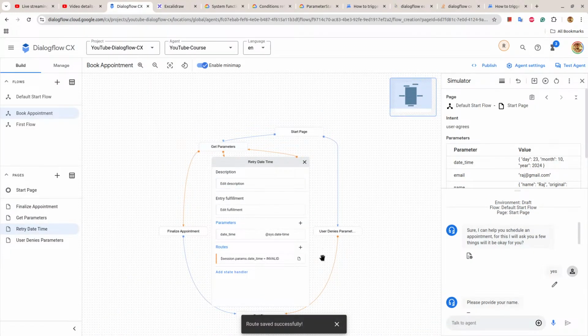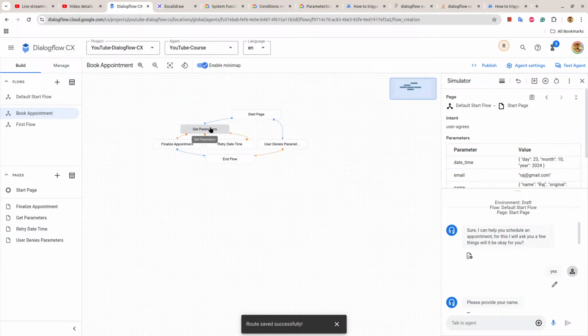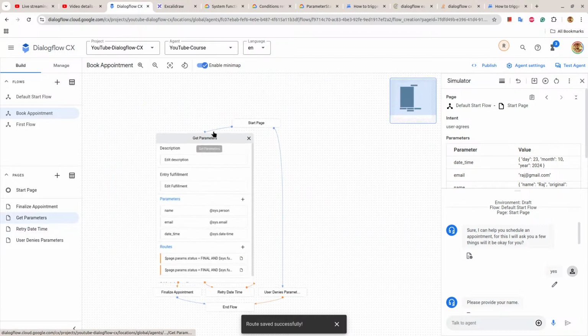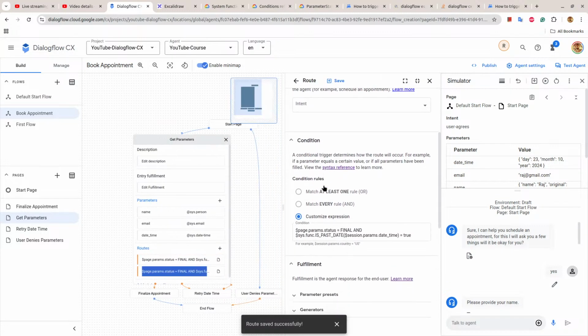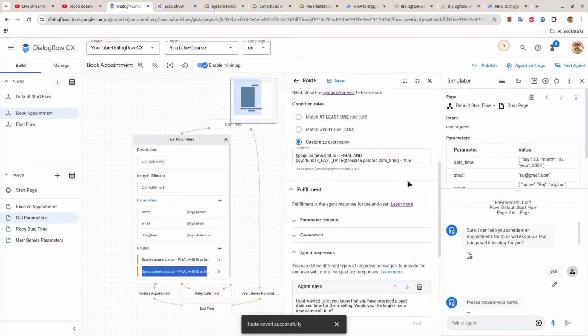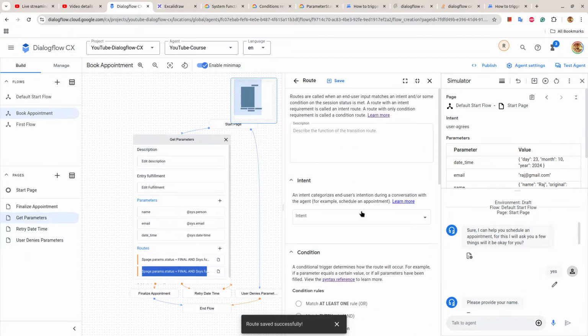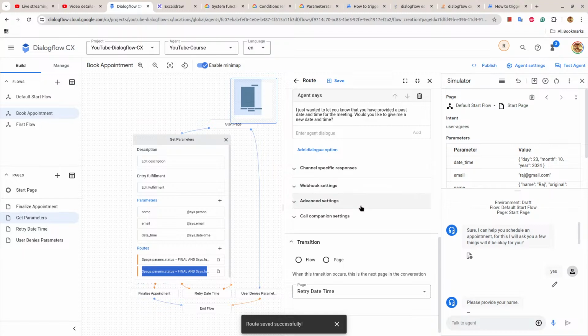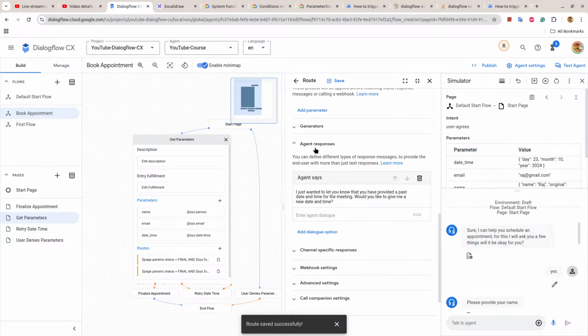It should be invalid. It is invalid. So we were here. If past date is true, retry. When we go there, when parameter preset, I think